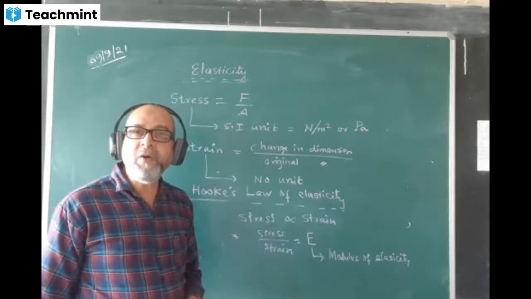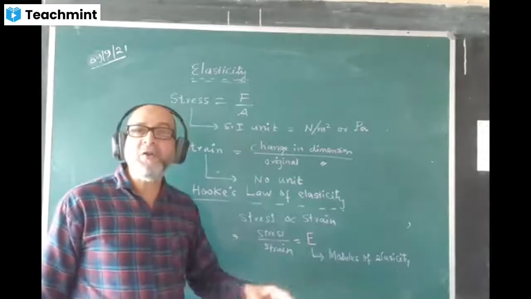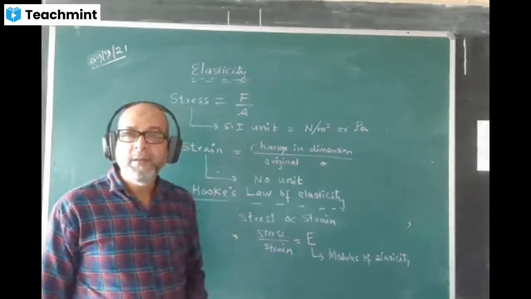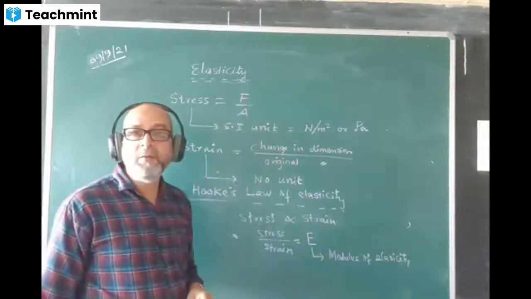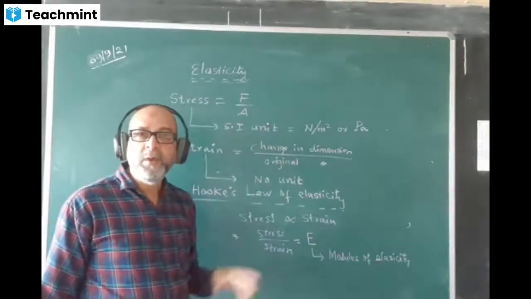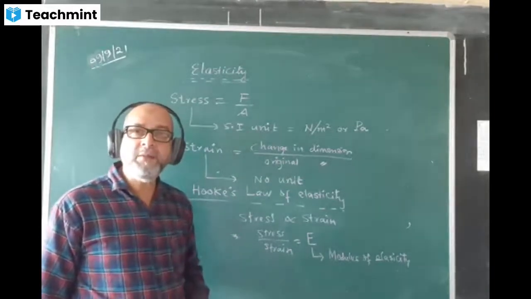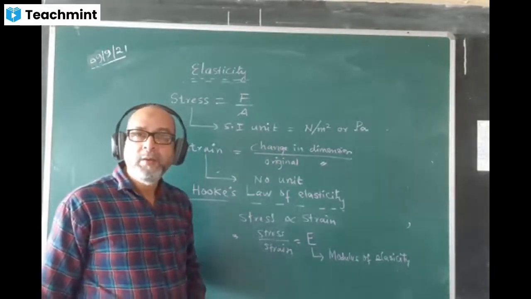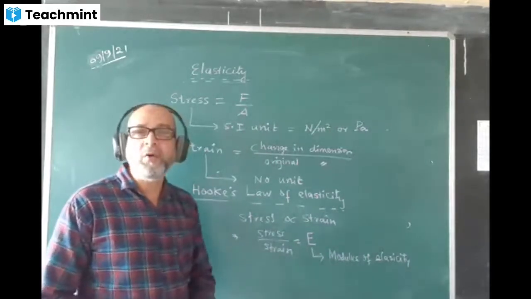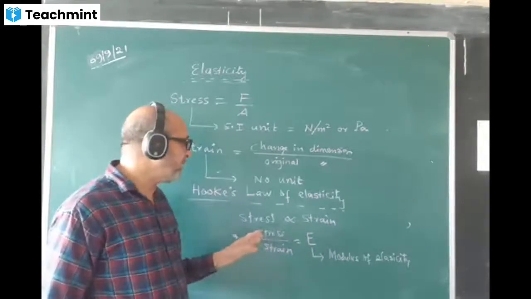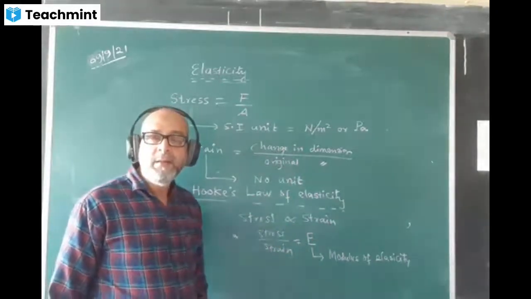Okay, can we find the dimension of elasticity? What can be the dimension? The dimension will be the same as the dimension of pressure. Pressure is force upon area. So use the dimension of force, M L T minus 2, divided by L square, and your answer will come: M L minus 1 T minus 2. So that can be the dimension. If a person asks you what is the dimension of elasticity, you can work it out. It will have the same dimension as the stress, or the same dimension as the pressure, force by area.